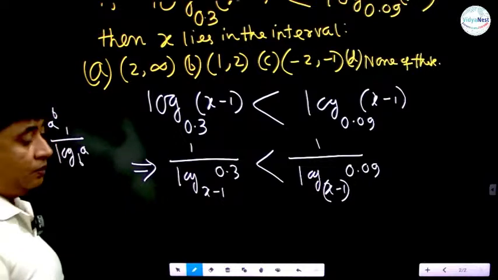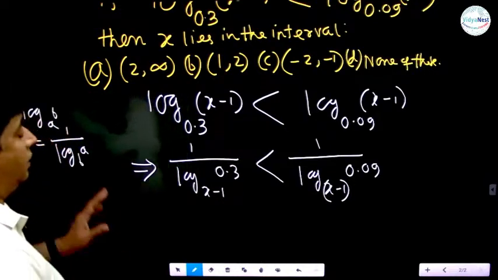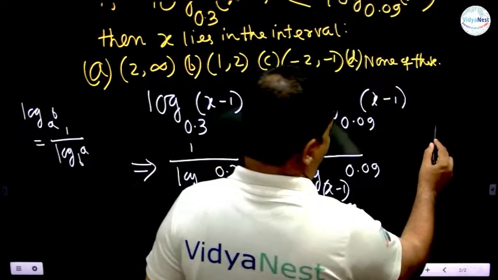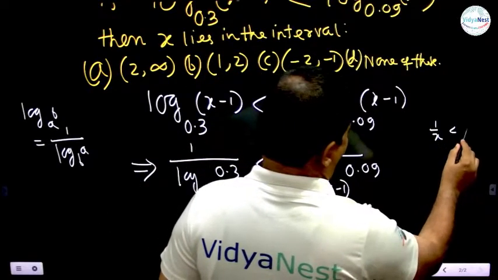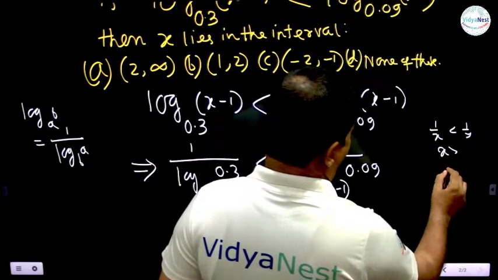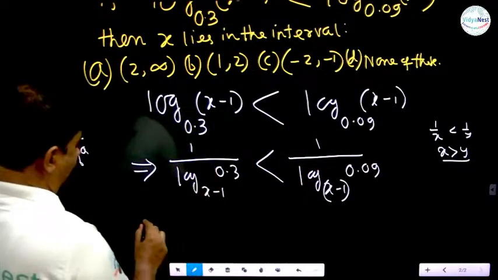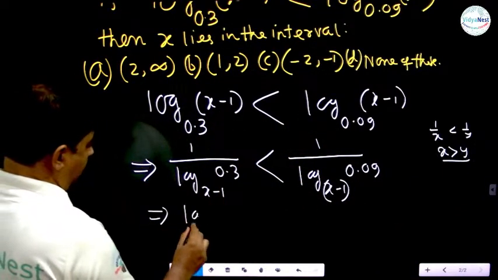Now the property of inequality already we have discussed, that if 1 by x less than 1 by y, that means x is greater than y. So if I revert it, then log of